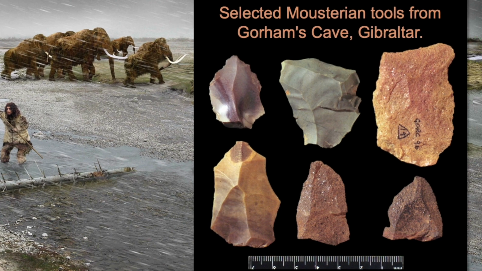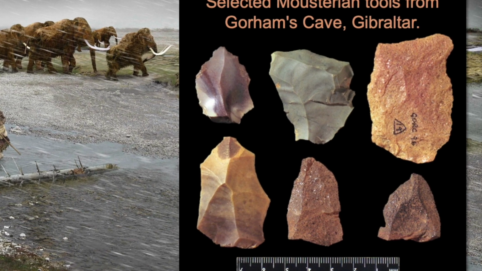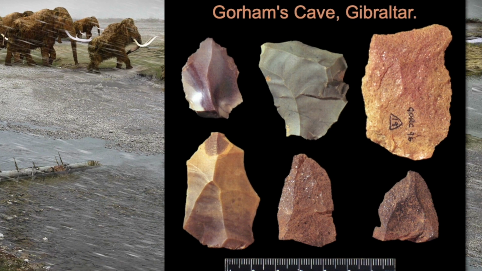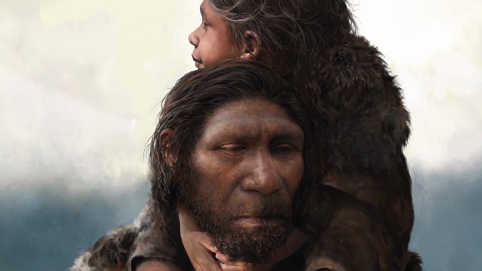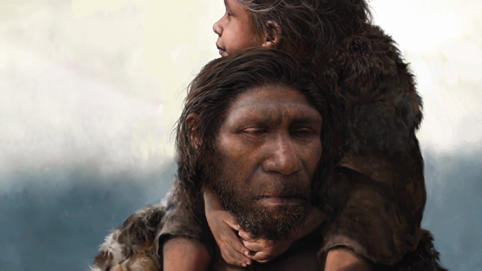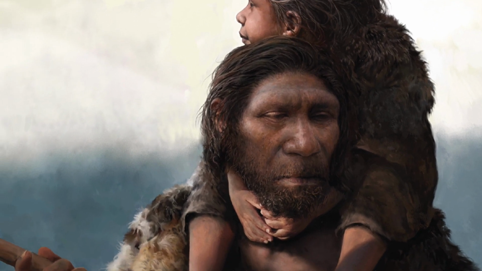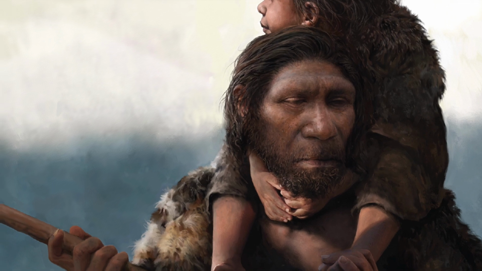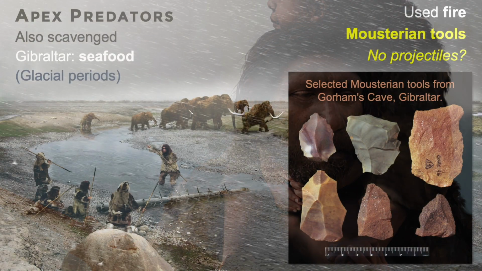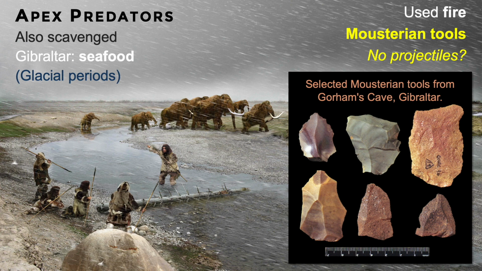And maybe it was passed on simply through observation, but equally it may be the case that language, speech, communication was an important part of passing down these vital skills for manufacturing these stone tools. And with regards to stone tools, it's really interesting that Neanderthals don't appear to have made projectile weaponry. So we don't see evidence for bows and arrows. We don't see evidence, for example, of a spear thrower, which you'd attach to throw a spear an